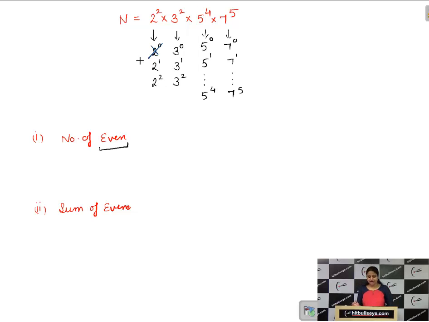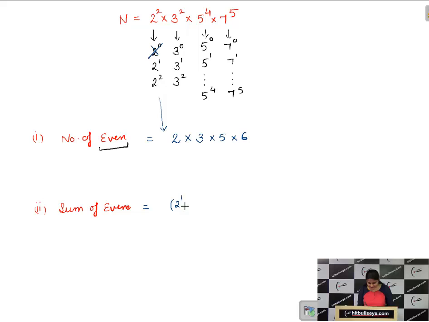Now we can take any other power. So the choice can be made in 2, 3, 5 and 6 ways, and this is the answer in this case. It will be 2 into 3 into 5 into 6. Now we will apply the previous logic to sum of factors. We will add up all the permissible powers of all the columns. Then we will multiply all the expressions.